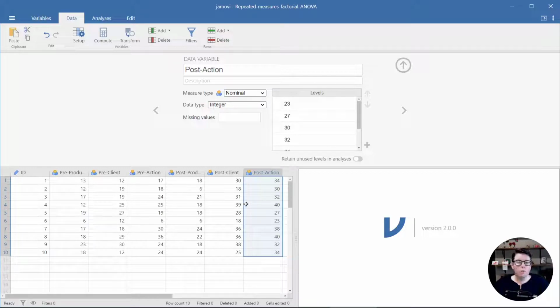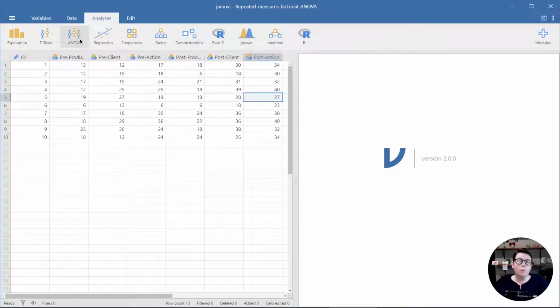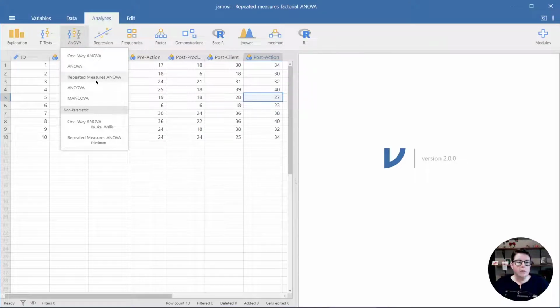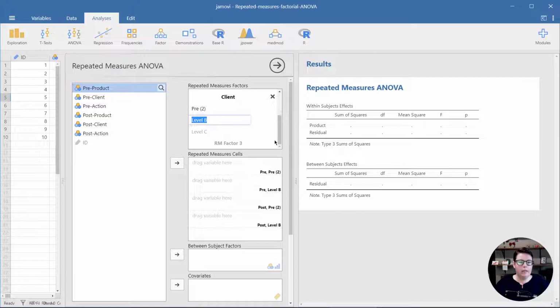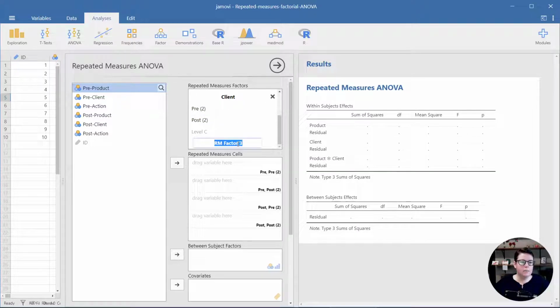Okay, so we're going to run a repeated measures ANOVA. To do this, repeated measures factorial ANOVA. We actually still go to the repeated measures ANOVA for this, and we're going to have multiple factors though. So we have our first one, which is product, and we're going to put pre and post. And our second one is going to be client, pre and post. And our third is going to be action,